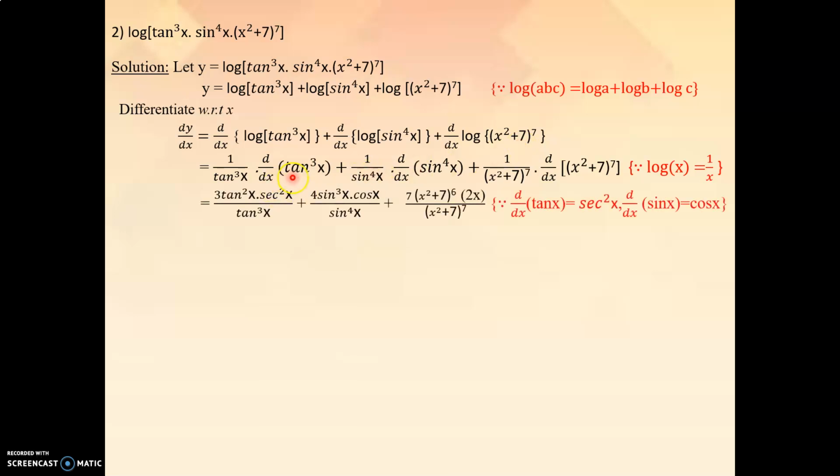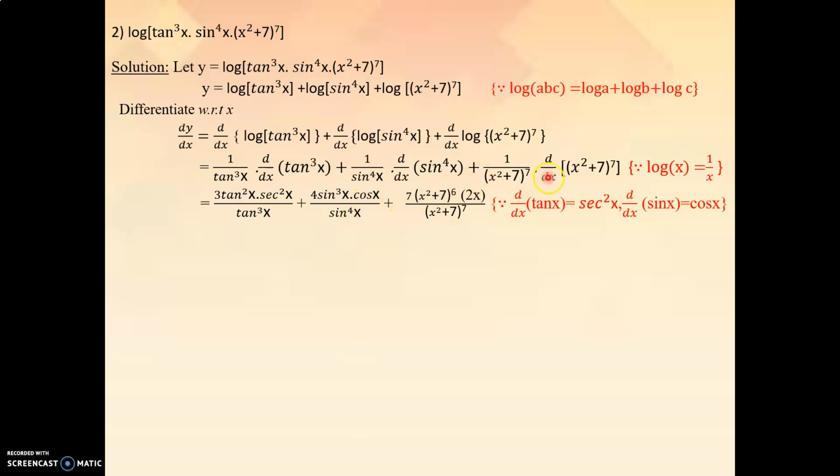So here the derivative of tan cube x is in the format of x raised to n again, and the derivative of x raised to n is n into x raised to n minus 1, and since it is not x, you have to take the derivative of tan x also. The derivative of tan x is sec square x, and the denominator as it is, plus here again the derivative of sine raised to 4x is in the format of x raised to n. So 4 into sine raised to 3x into the derivative of sine x, which is cos x, upon sine raised to 4x